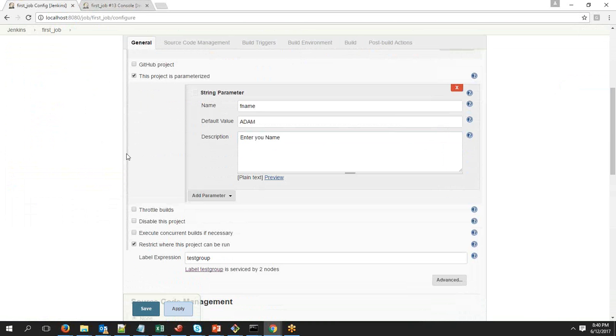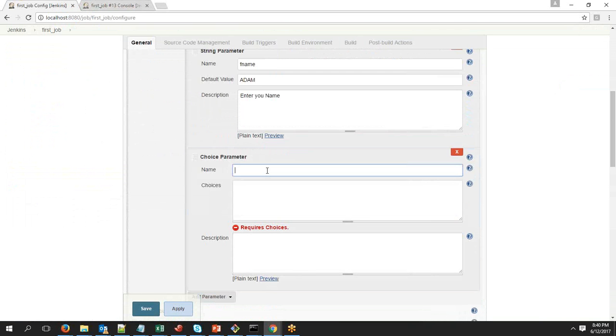Suppose you have a requirement where you don't want to just ask the user to enter a value, but you want to give them a choice to choose multiple values, or to choose a value based on what you give. Then there is one more parameter called the choice parameter. So here, let's say sname represents second name, and whatever values you want to give, you can put up here. So let's say the second value that I want to put